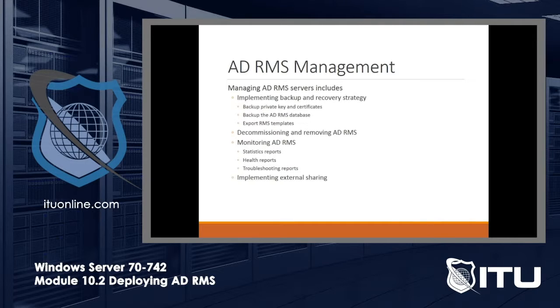The private keys and certificates should all be exported and backed up to an alternative location so that if we lose those, we have the ability to recover them. The AD RMS database, if you're not using some form of high availability in SQL that replicates the database to multiple locations, then we want to do backups of that. And then the RMS templates, these are the rights policy templates that actually allow us to protect content. We'll go into that a little bit more in the next section, but those would need to be backed up